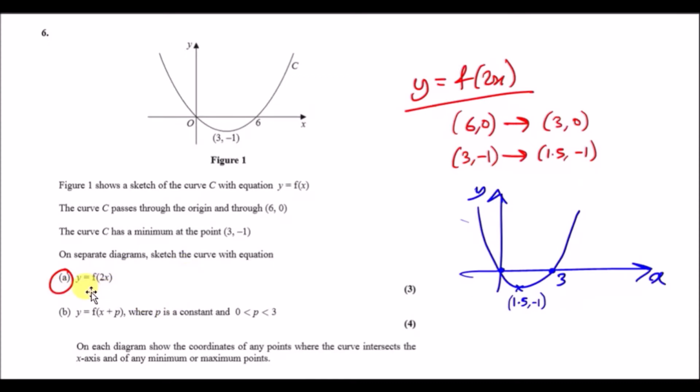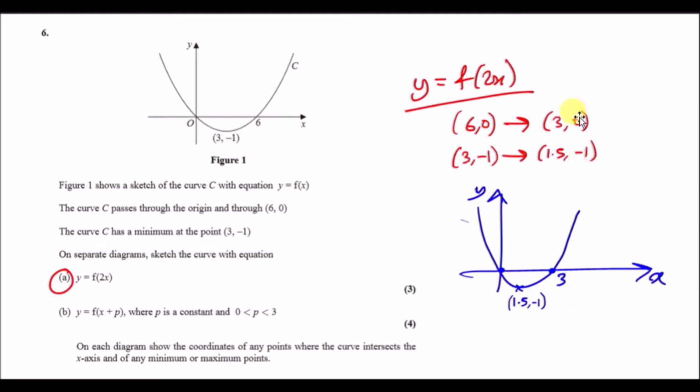Now let's look at part A for a second, y equals f(2x). Now one thing to memorize is that when you're working inside the function where the x is, you're dealing with x coordinates. Another thing to note is that it works in reverse. So if it says 2x, you're actually halving the x coordinates. So copying out every single coordinate on this equation, we can say that (6, 0), halving the x will make it (3, 0). And as for the second one, (3, -1), halving the x coordinate will make it (1.5,